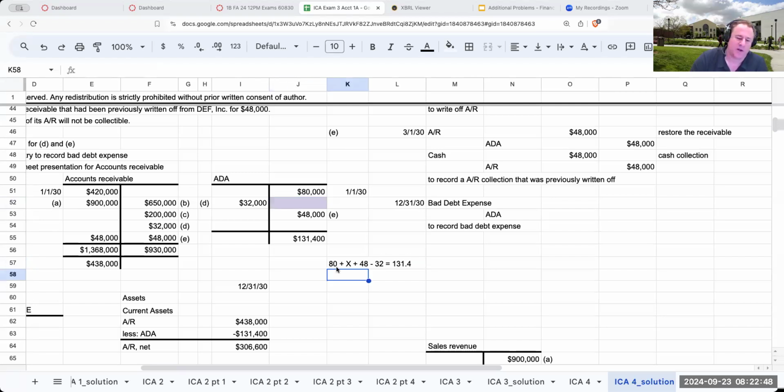So another way I could write this is 128 minus 32. So this is going to be X plus 96 equals 131.4. My bad debt expense, or X, is going to be 131.4 minus 96,